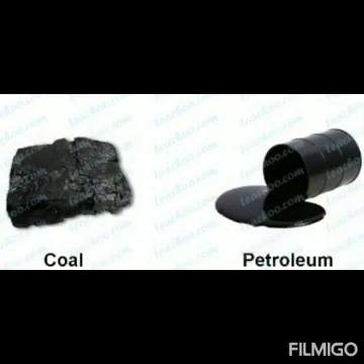Look at the picture. This is coal and petroleum. Coal is extracted from the ground by coal mining. It is one of the most important fuels and is used for cooking, heating, producing electricity, and running steam engines. What are the uses of coal? Coal is used for cooking, heating, producing electricity, and running steam engines.